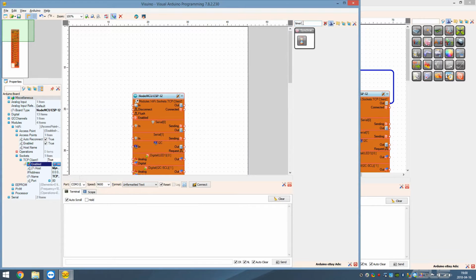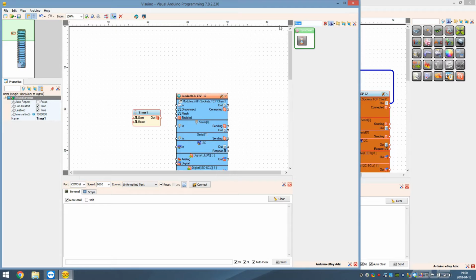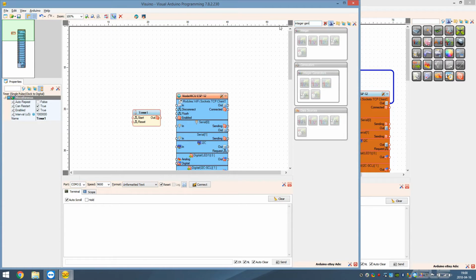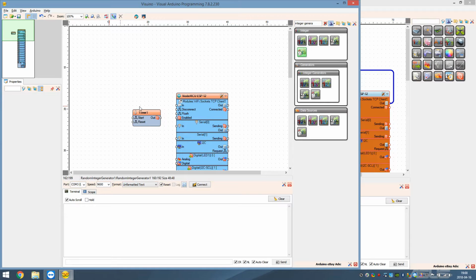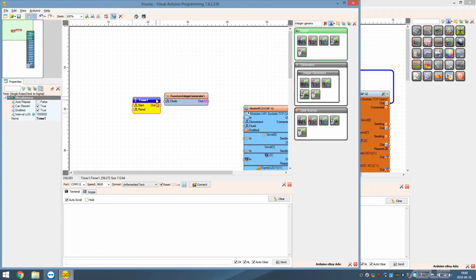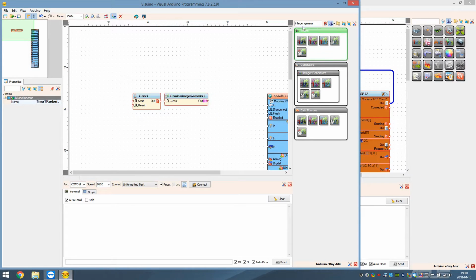So timer and random integer generator, and after that I need a